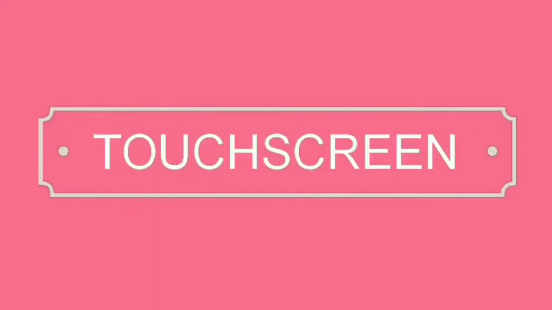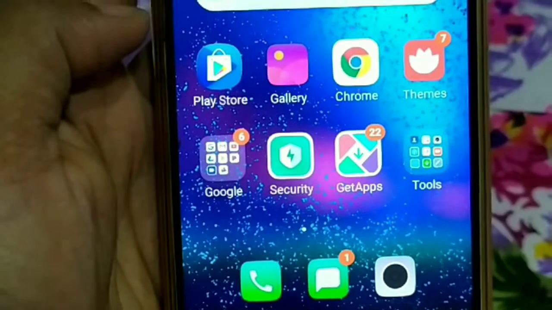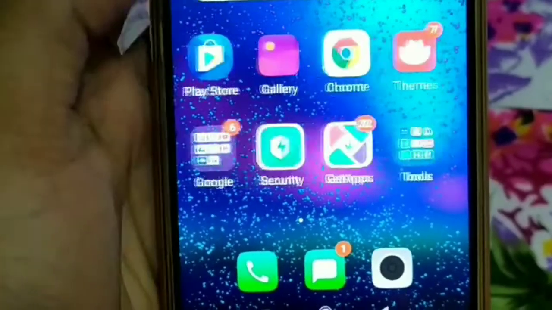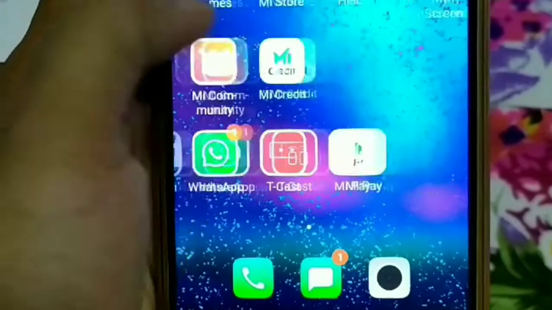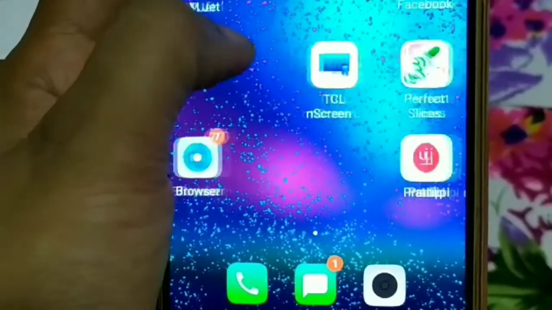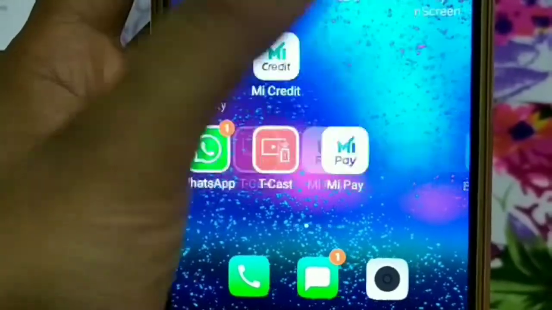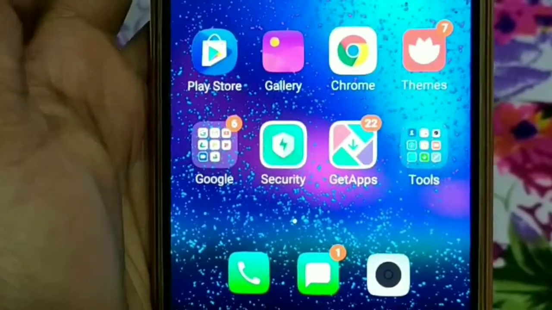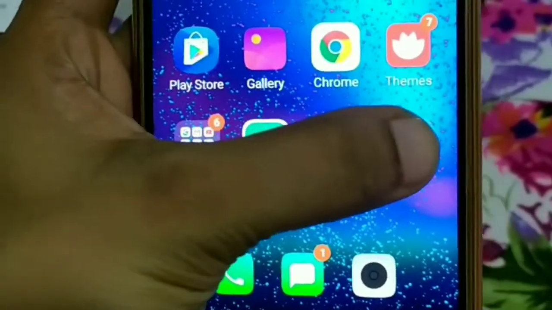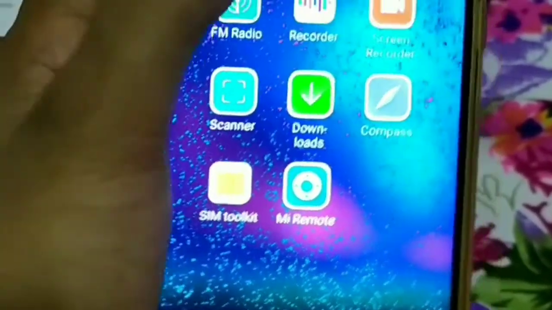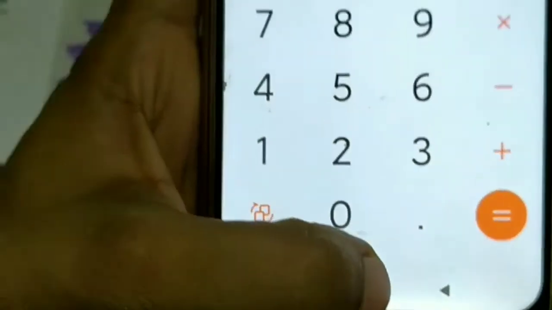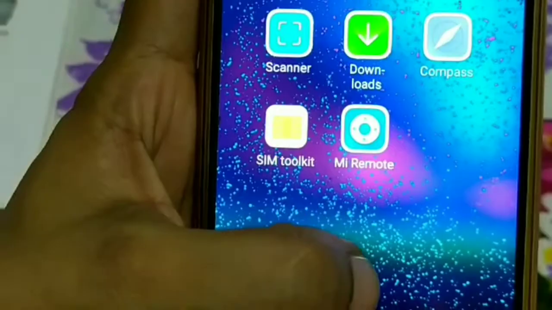Now we are going to discuss touch screen. A touch screen is a screen that can be used by touching it with a finger instead of using a mouse and keyboard. Today, all kinds of devices, both big and small, make use of touch screens. Most monitors, mobile phones and ATMs have touch screens.